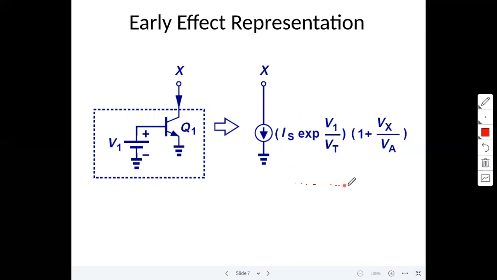Suppose you may draw like this. This is the collector current without early effect. Now with early effect, there may be a slight change, maybe sloping slightly like that, right? If VA is very large, you may consider the collector current with early effect also constant. But if VA is small, the collector current changes with respect to VC. Now here in this diagram, VC.